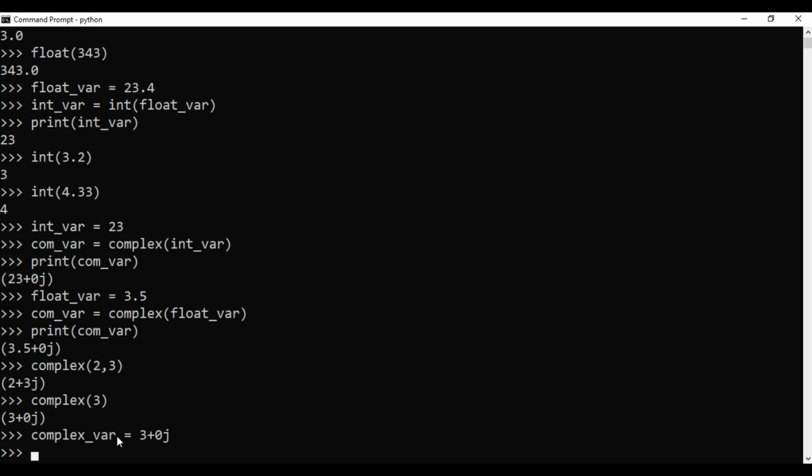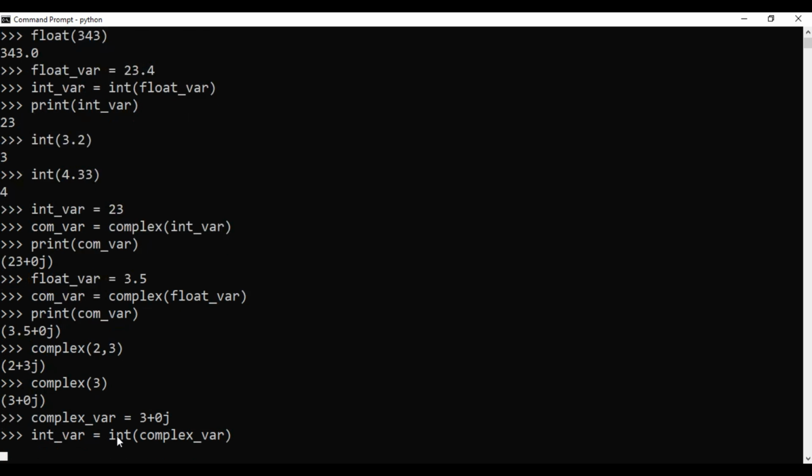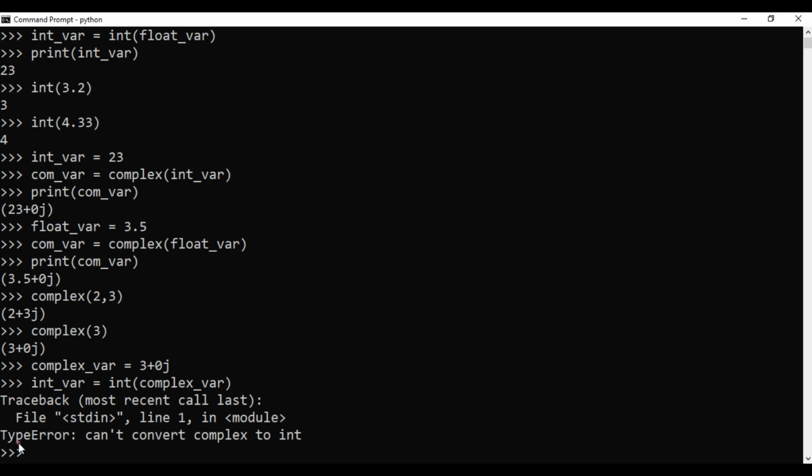Let me show you. I will create int underscore var, and by using the int function I will try to convert the complex number. Here you go, you will see a type error: cannot convert complex to int. A similar thing will happen with float also.